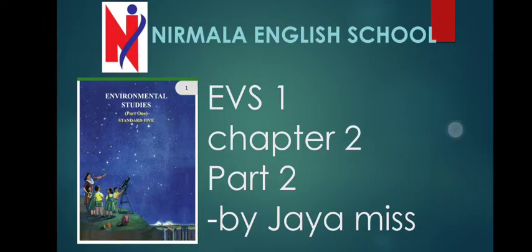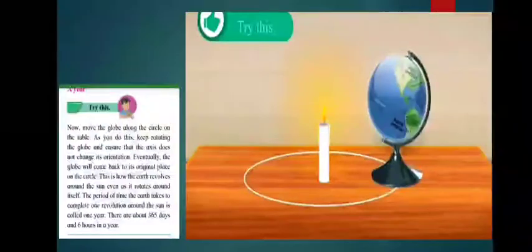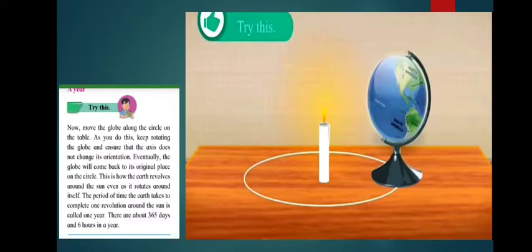Then moving ahead, in today's class we are going to learn about a year, how we get a year. See, in last class I had told how we get a day. A day is divided into 24 parts, so each part is 1 hour. But today we will learn about how we get a year. See, now let us see.